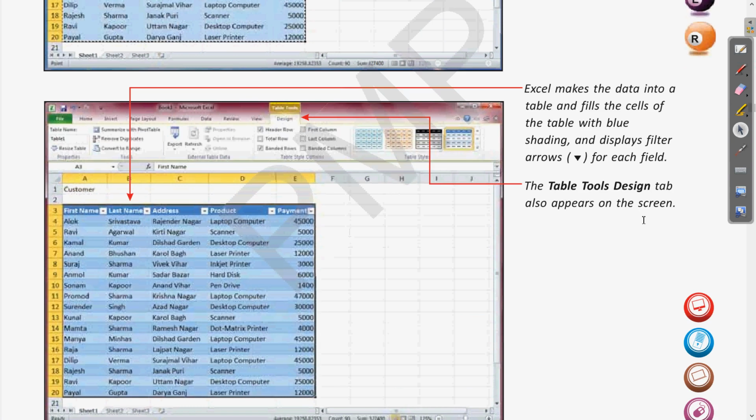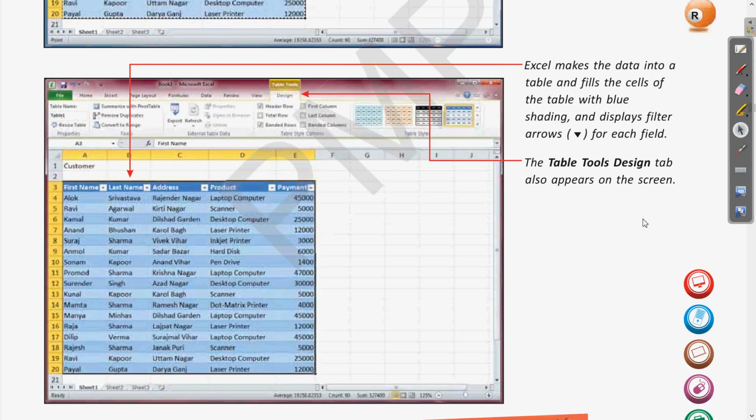So here also it is talking about the same. Excel makes the data into a table and fills the cells of the table with blue shading and displays filter arrows. Clear? So automatically the filter arrows are added, and the different rows and columns are colored accordingly to distinguish between different rows.